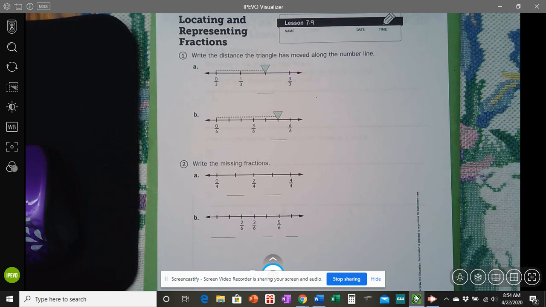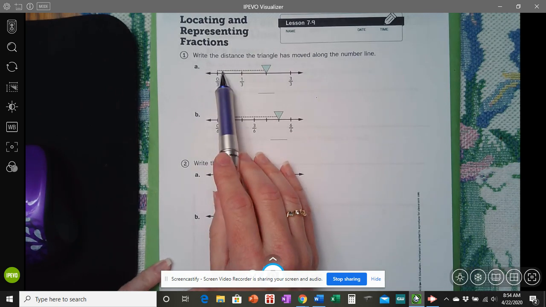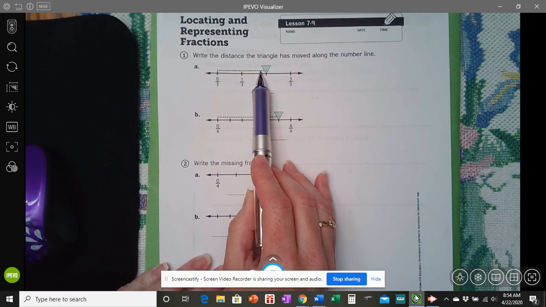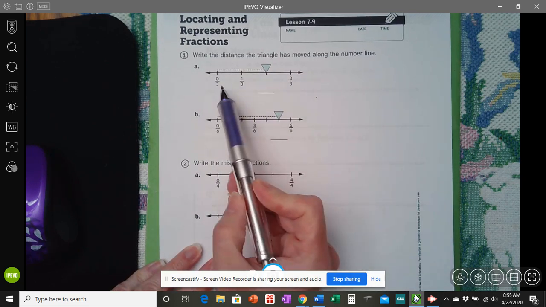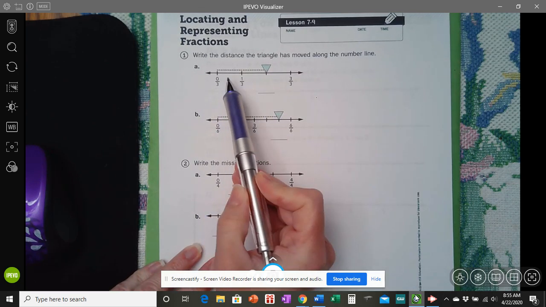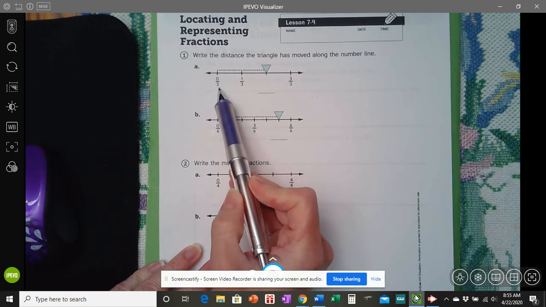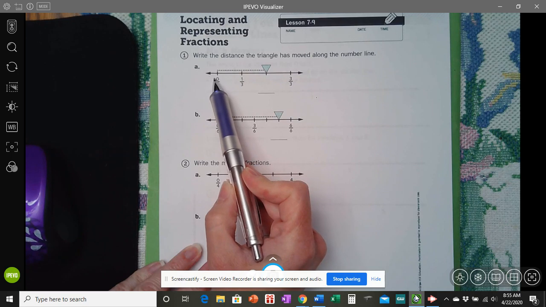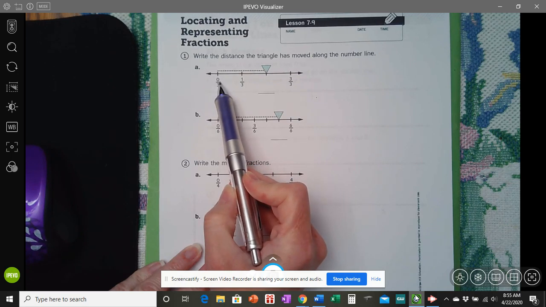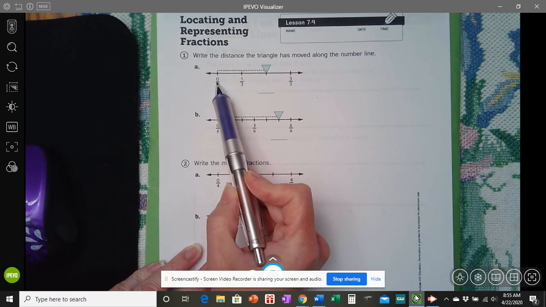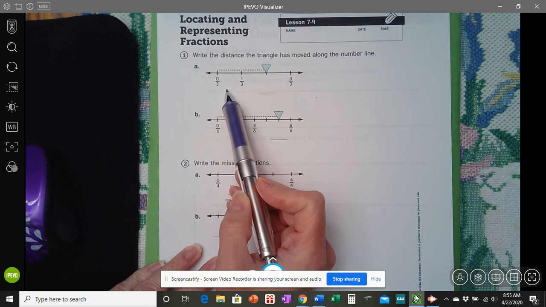We are first going to start out with write the distance the triangle has moved along the number line. Alright, so this is a fraction, of course. We have the numerator on top, the denominator on bottom. Remember, we talked about the top number. The numerator means how many pieces you have shaded or how many pieces you have at that time. The denominator, the bottom number, talks about how many sections you should have either of the shape or of the